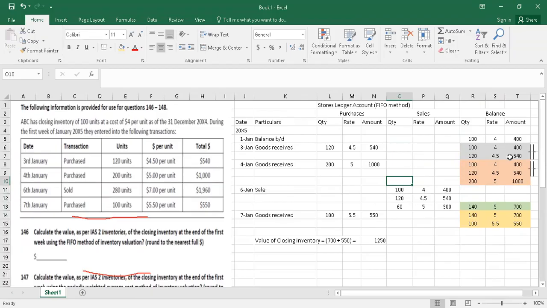They are not waiting until the end of that accounting period where the value of the inventory is calculated. But on a continuous basis, after writing every single transaction, the value of inventory is calculated. So it's called the continuous method, or we also call it the perpetual method of inventory valuation. At the end of every single transaction, the balance that is available is